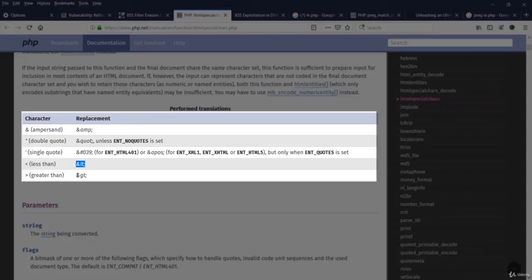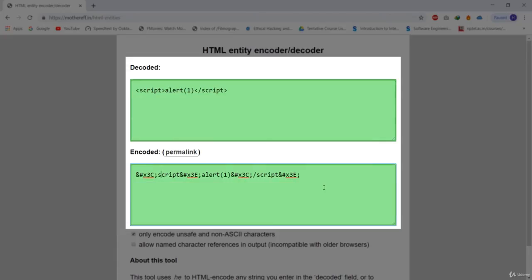But in some websites, we can use the encoded form and inject this vulnerability as well. How is that? If the website allows us to inject the encoded payload and at the back end it is able to reverse this payload and provide us in this format. So in that case only we will be able to execute XSS.